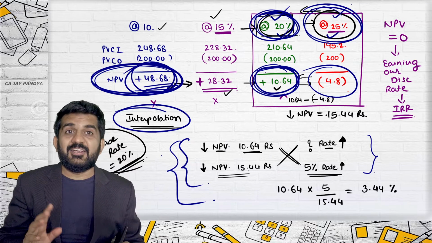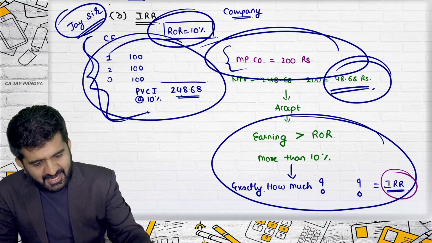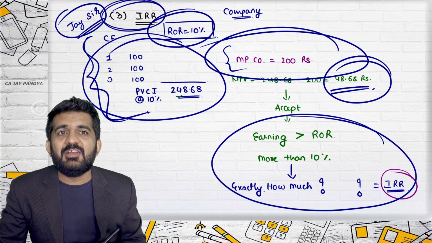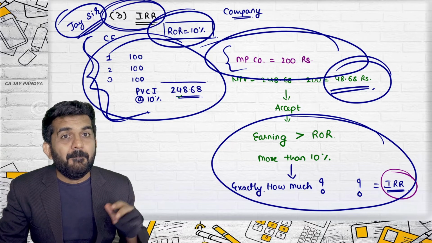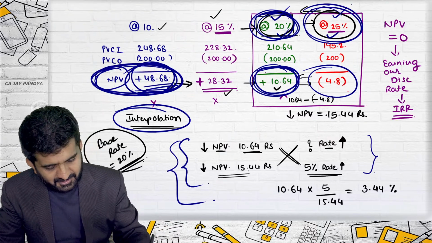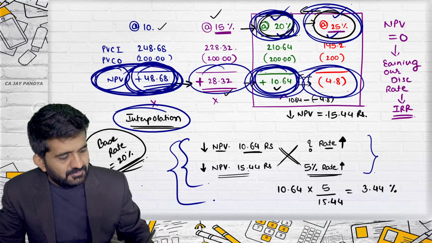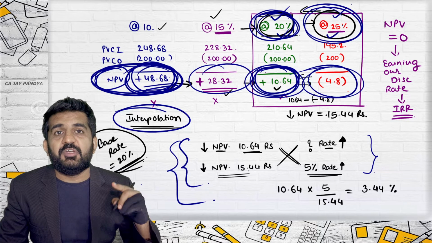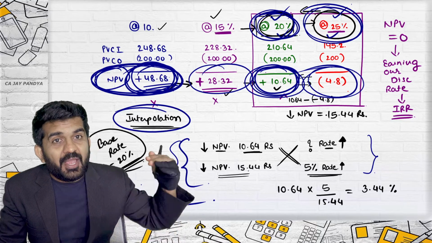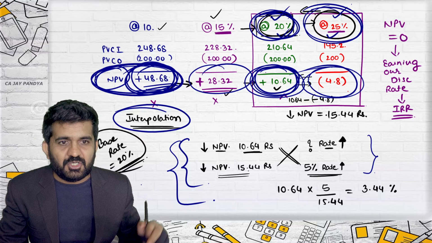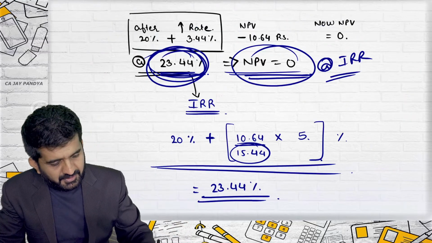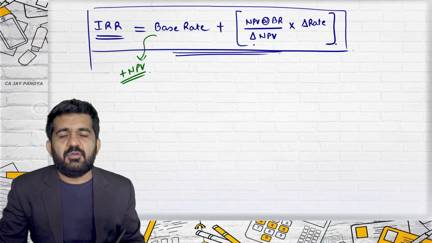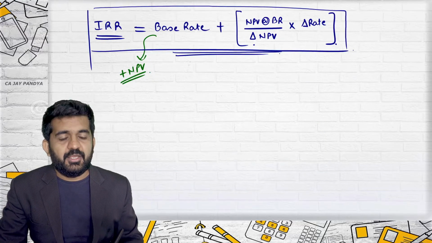So you can understand we were learning the heading of IRR and still the answer we got, majority of the time we have written NPV, right? Because practically we are finding out a discount rate at which NPV is zero. So every time we will have to find out NPV, is it alright? But still the answer that we will be getting is IRR or internal rate of return. And this formula will be extremely important to find out IRR. Try to concentrate.